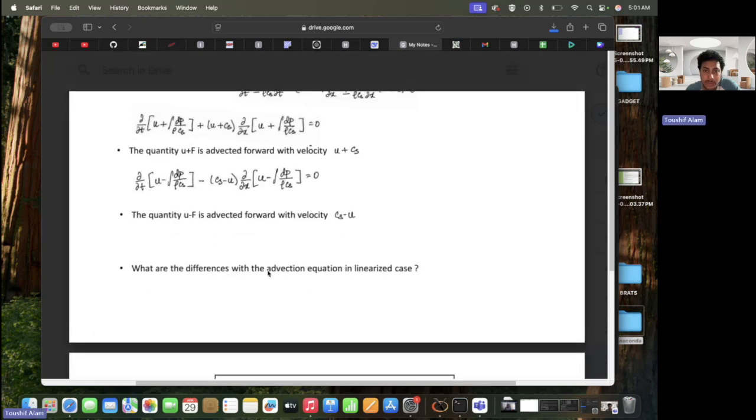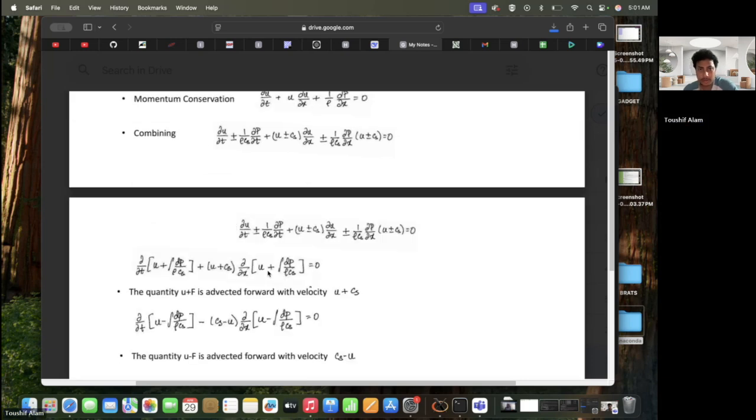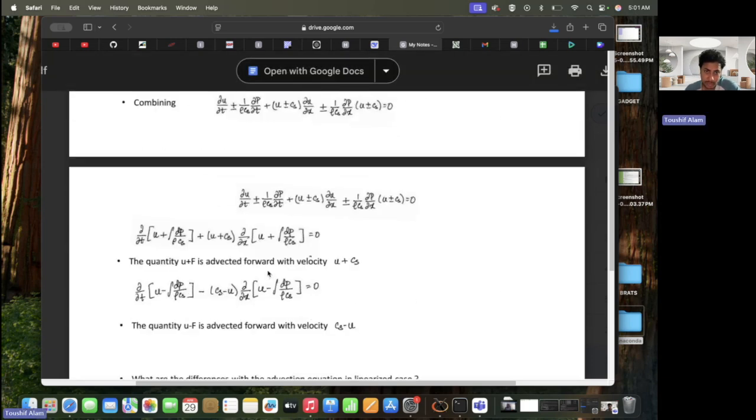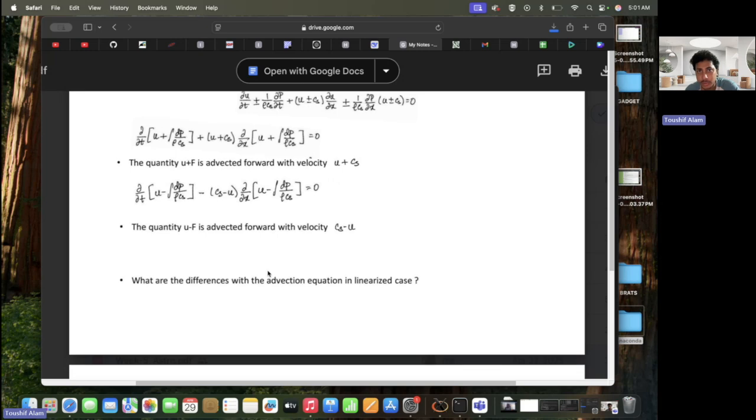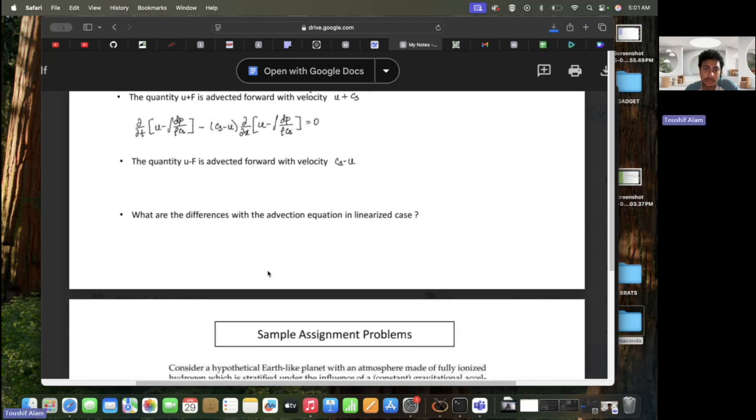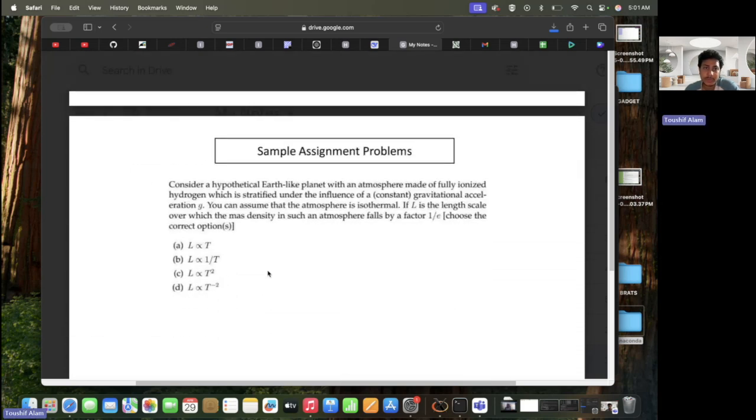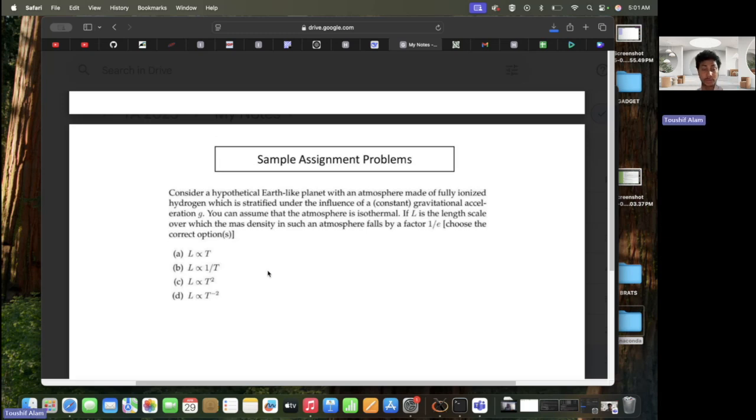What are the differences with the advection equation? These are for your homework problems. I'll upload this now, so please try to solve this. So head on to the sample assignment problem. The first question comes as